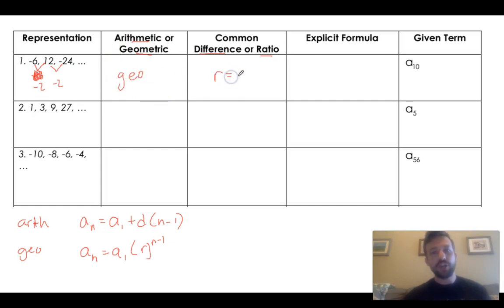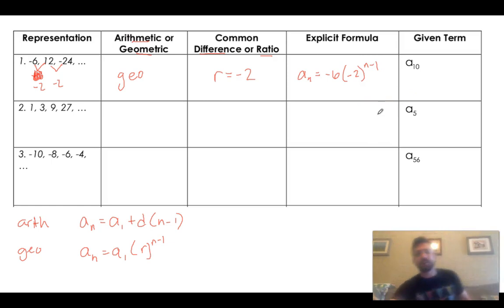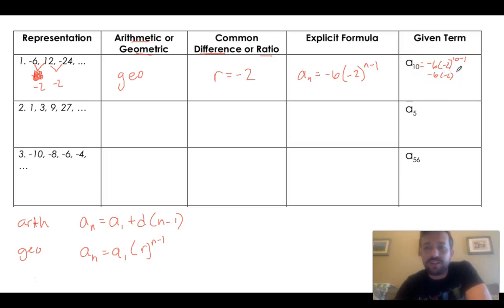We have a common ratio, because it's geometric, of negative 2. Our explicit formula would be our first term, negative 6, times the ratio, negative 2, raised to n minus 1. You would just use that formula to find your 10th term. So that would be negative 6 times negative 2 raised to the 10 minus 1, which leaves negative 6 times negative 2 raised to the ninth power. Negative 2 raised to the ninth power is negative 512, so negative 6 times negative 512 would leave me with